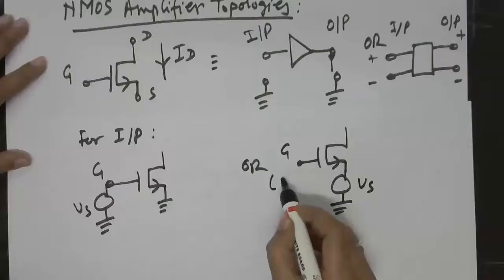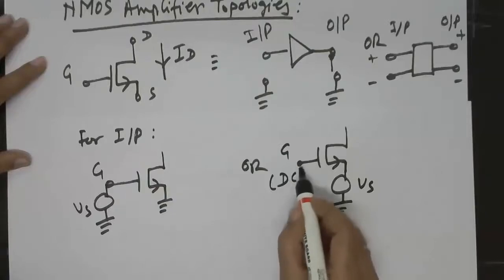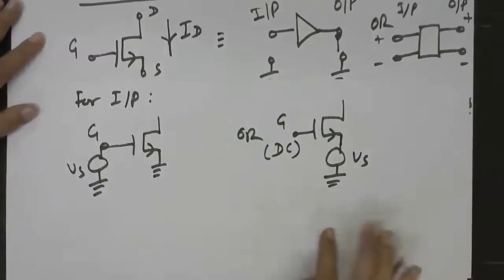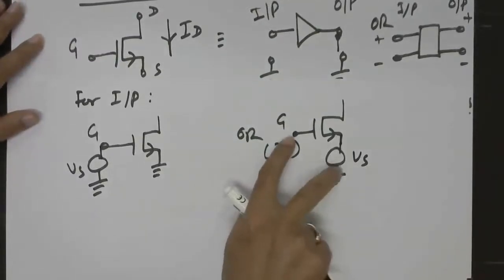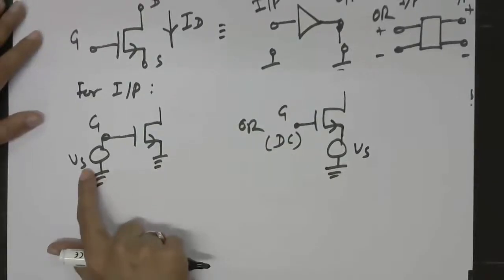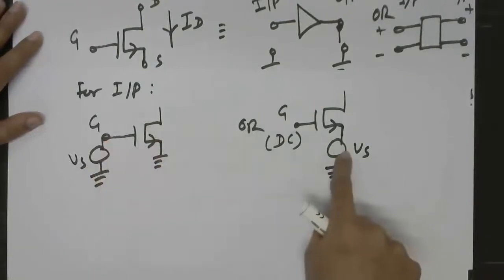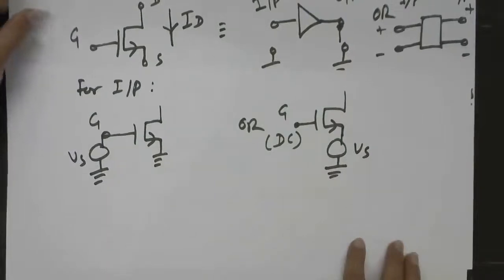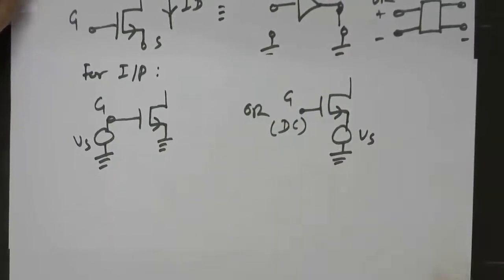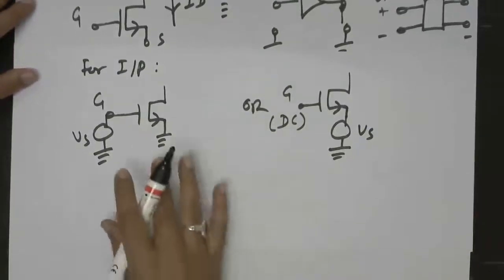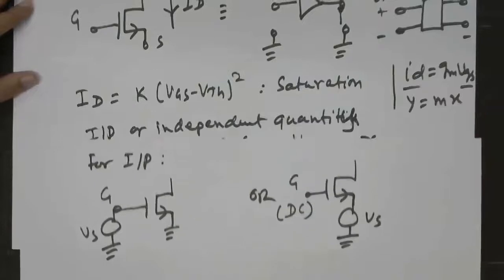This can be at any fixed DC voltage, but there will be no time varying. So these are the two extreme cases, and of course you can always apply between gate and source also. It's not that the external signal which needs to be amplified has to be applied only at the gate or only at the source. Between gate and source can also be applied. That is also very valid, and we'll see that that happens sometimes unknowingly. So these are the only two possibilities.